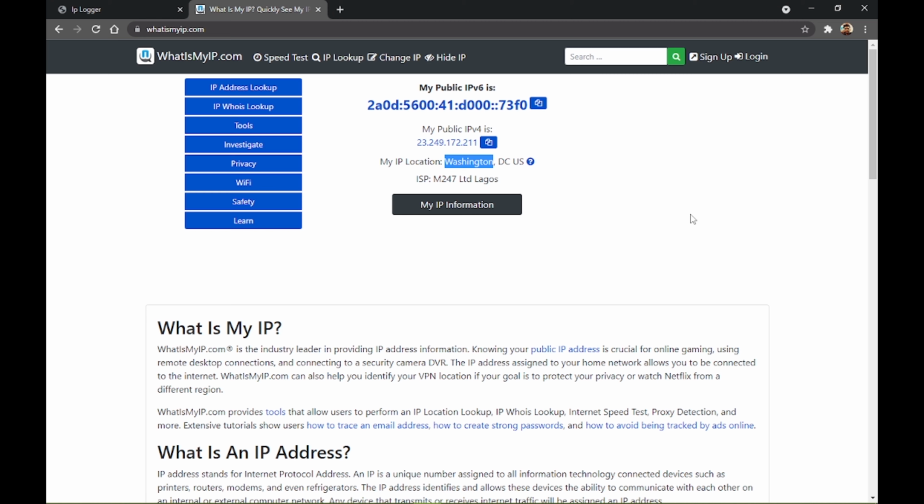Yeah, you are sitting in Washington DC. They would search for you in Washington DC, not in your actual location. In this way you would also be safe from attacks from black hat hackers, and your home network would be safe from these kinds of attacks. So the better way to use Tor is to first fire up the VPN, then fire up Tor, and then start searching on the Tor browser.